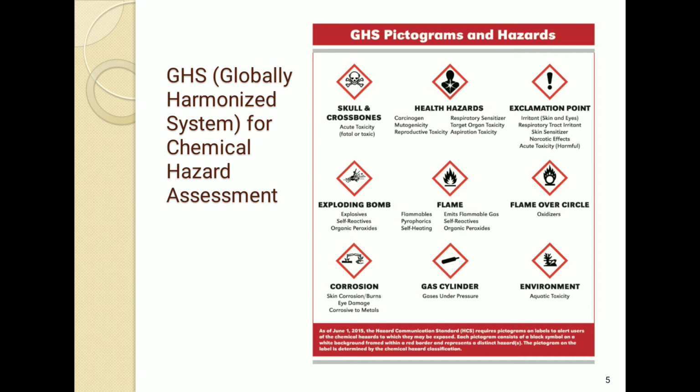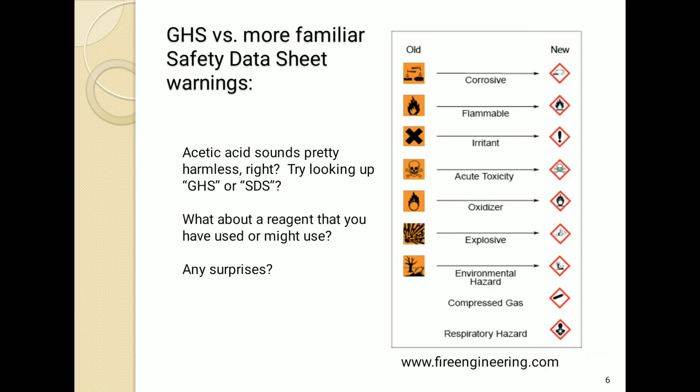These are the pictograms of the hazards. Next is GHS versus the more familiar safety data sheet warning. Shown diagrammatically: corrosive, flammable, irritant, acute toxicity, oxidizer, explosive, environmental hazards, compressed gas and respiratory